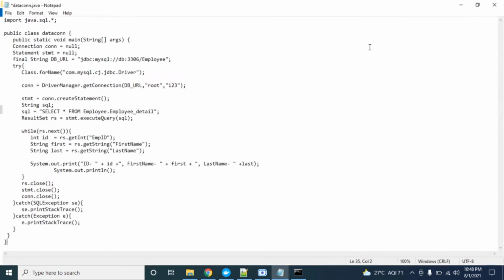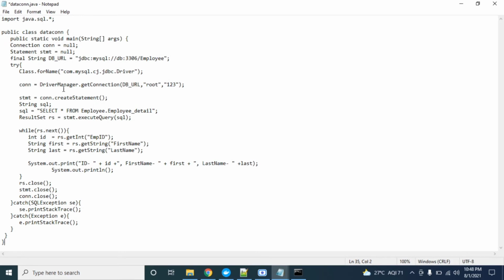What will this program do? It will first create a database connection to that database, and it will run a while loop to access those columns. It is simply a select query. This is the database name and this is the table name.